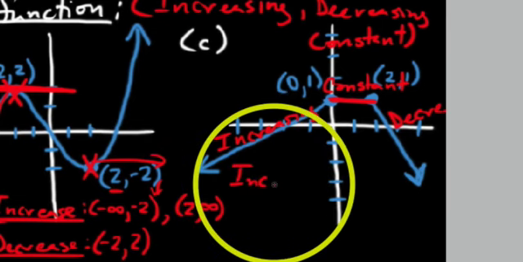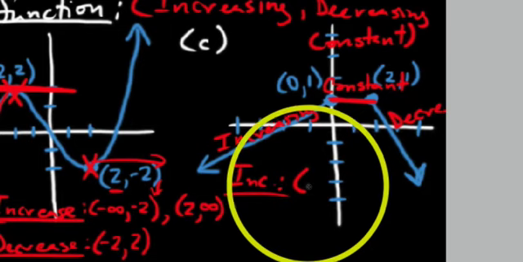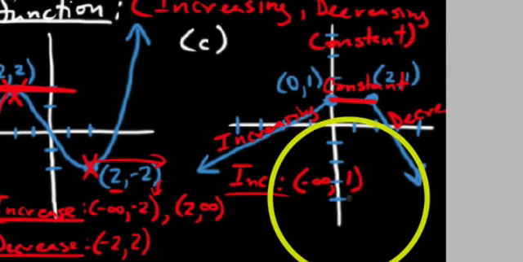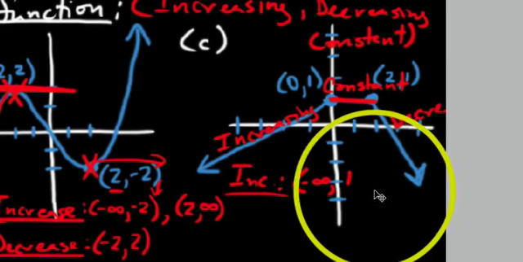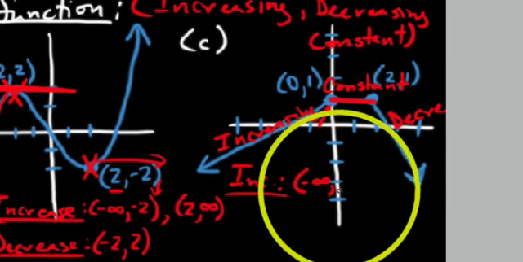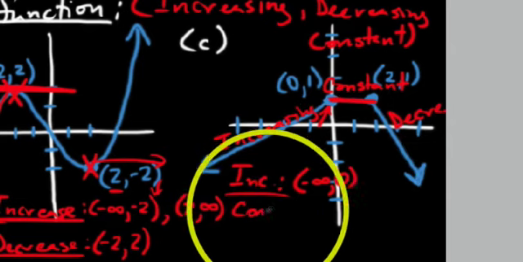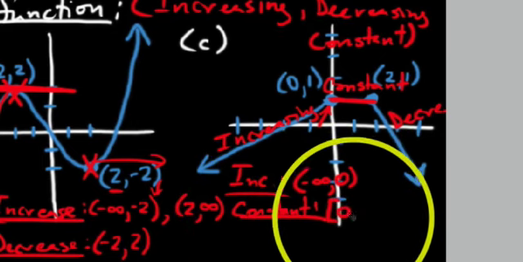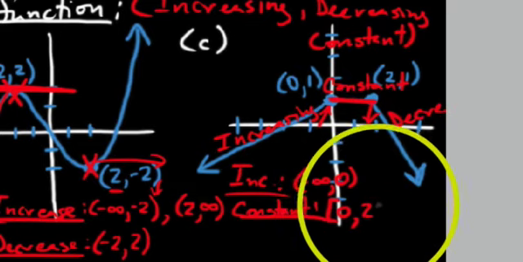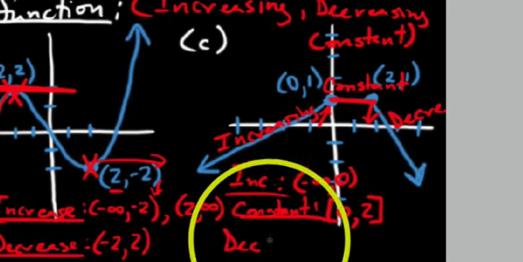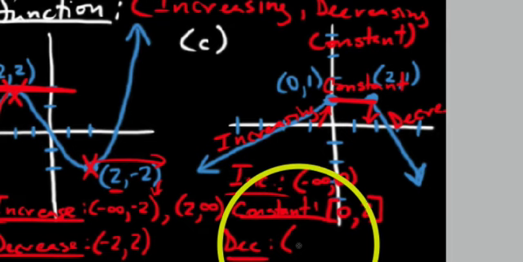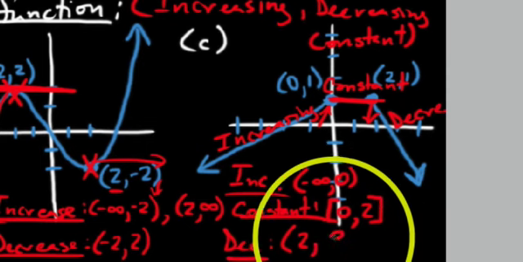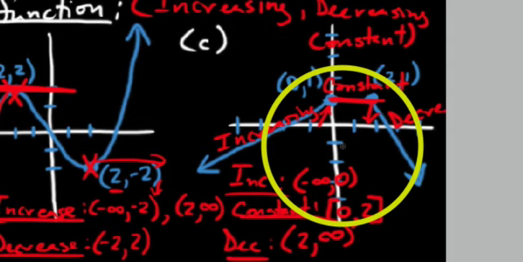So we say increasing. In this instance, it increased from way out to the left at negative infinity, but not including it, up to, but not including, 0. Excuse me, I don't want to confuse anybody here. This x value right here is 0, so up to and not including 0. And we say constant. Our function was neither increasing nor decreasing. It was constant from exactly 0 out to an x value of 2, and including 2, it was flat. And then we say it switches back to decreasing, on the interval from an x value of 2, not including 2, because it was at a 0 slope at exactly 2, all the way out to the right, to an x value of infinity. So just a few things we look at when we analyze